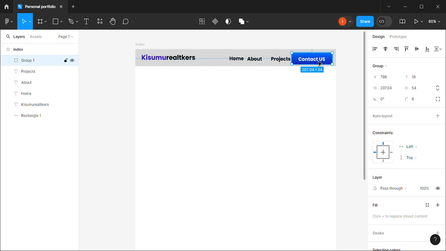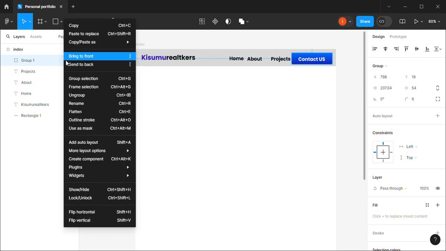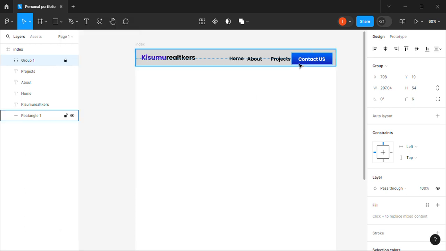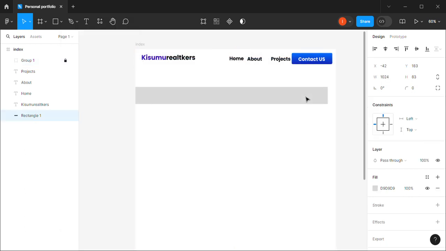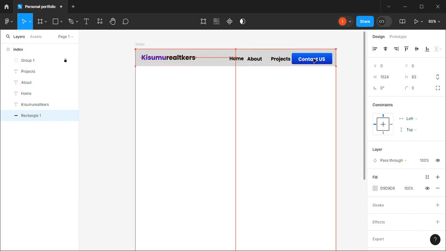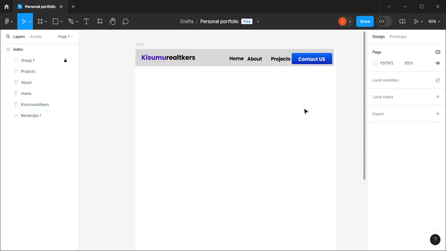So let me ungroup a little. Yeah, this. Basically this is what I'm trying to make. So after I have been able to make it like this, then I can go back to my VS Code. So I'm just doing this in a beginner